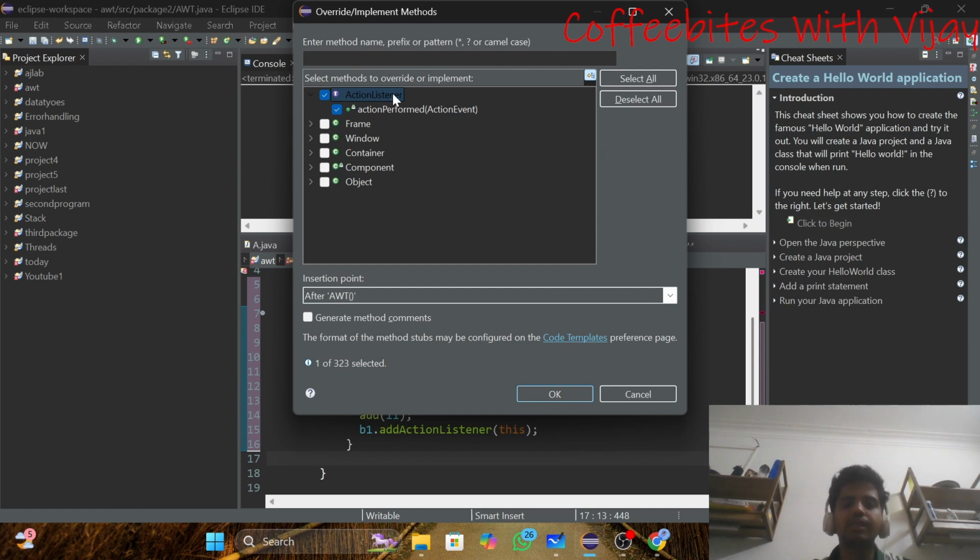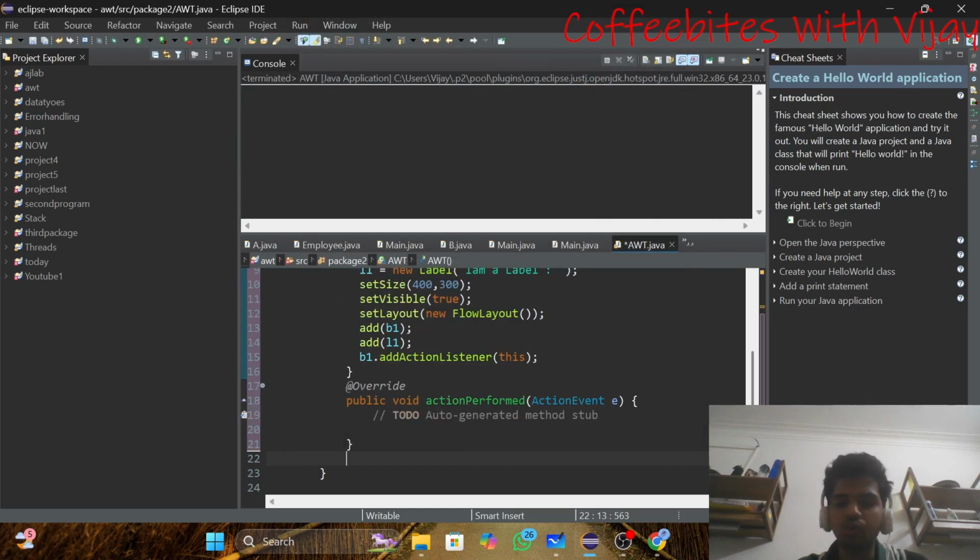In this action listener interface, we can see all the methods present inside it. Here I'll press OK, and you can see the auto generated code.